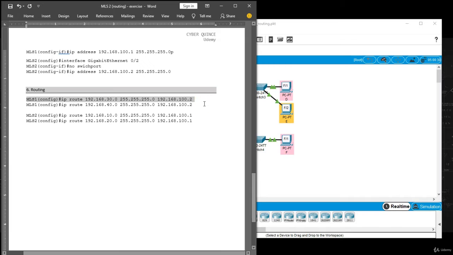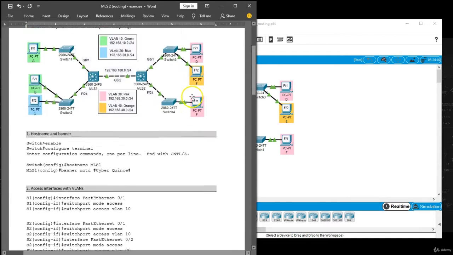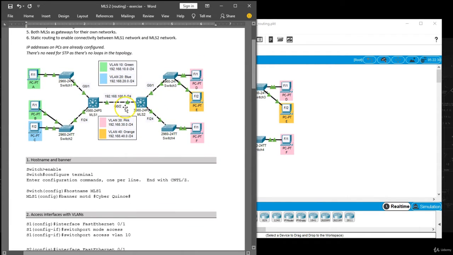Let's go through this first command. IP route is in the beginning of the command, that's clear. Then there's a network IP and a mask. That's the remote network that your router, or in this case MLS, will use this route for. And then there is the next hop IP address. In this case, that's 192.168.100.2. This IP address will be configured on MLS 2, so that's this link between MLS 1 and MLS 2,